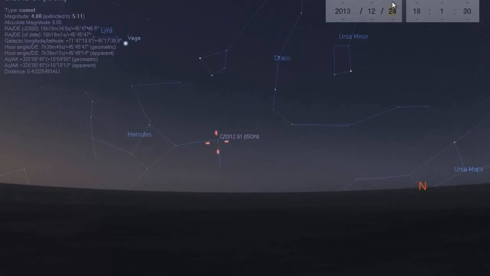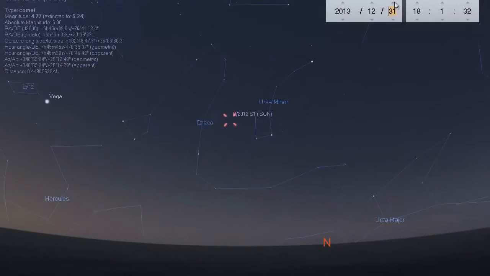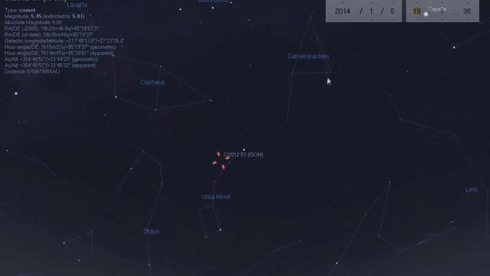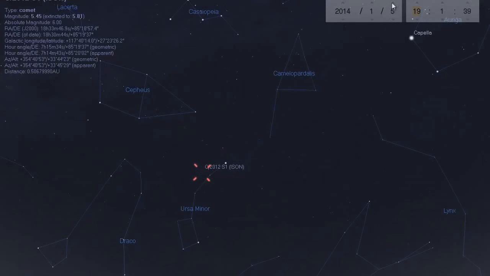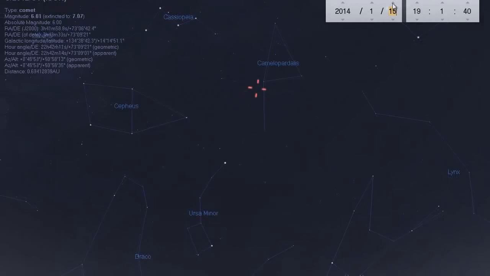And as time goes on, guys, Ison gets higher in the sky and it gets dimmer. As we head on into January, it gets higher in the sky, it gets dimmer. We're going to go up to about 7 p.m. now. And as we head out toward the next marker date, as I call it, which is the 14th to 15th of January,